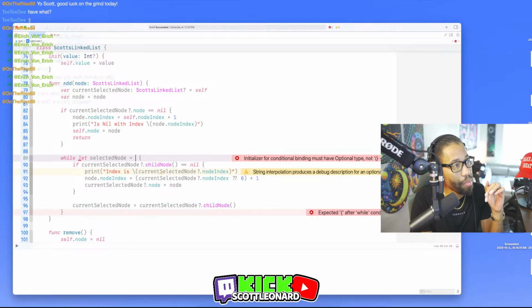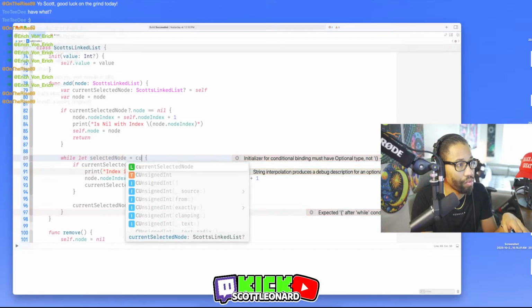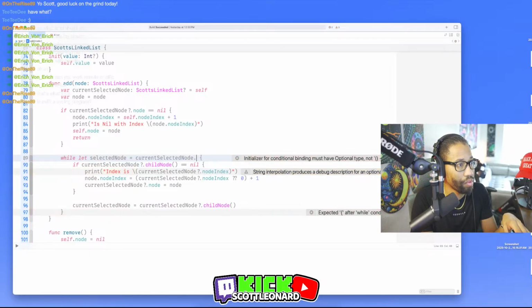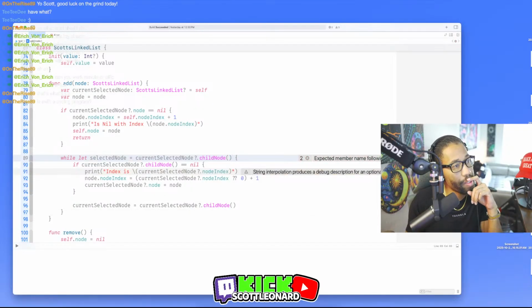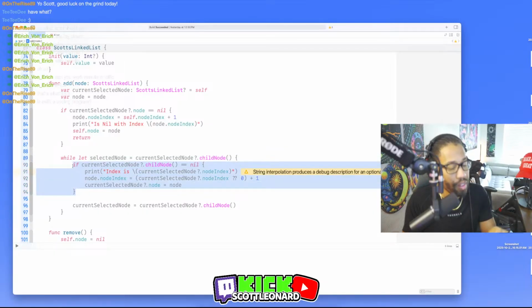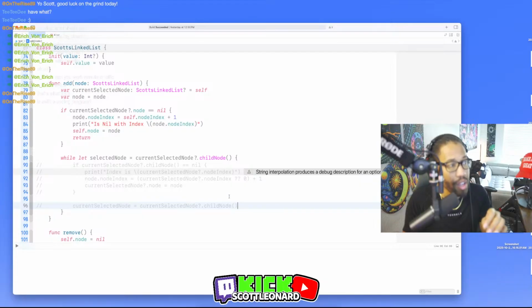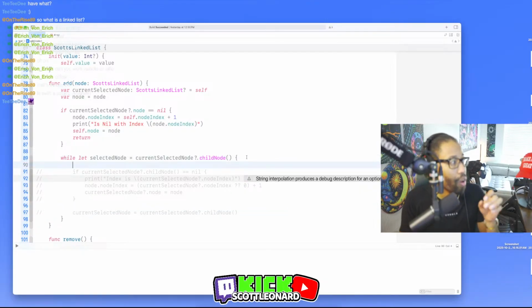And then get rid of all this really quick. Even though this is not how you do a linked list, this is my own structure at this point.